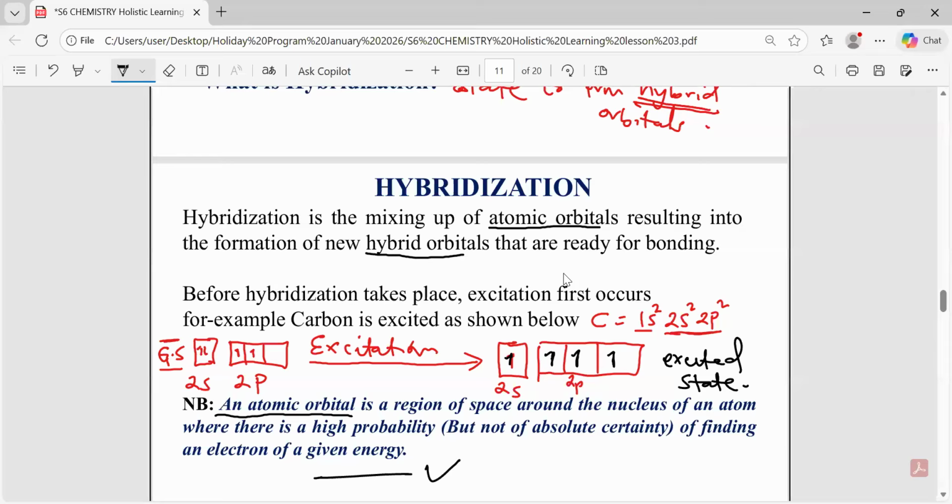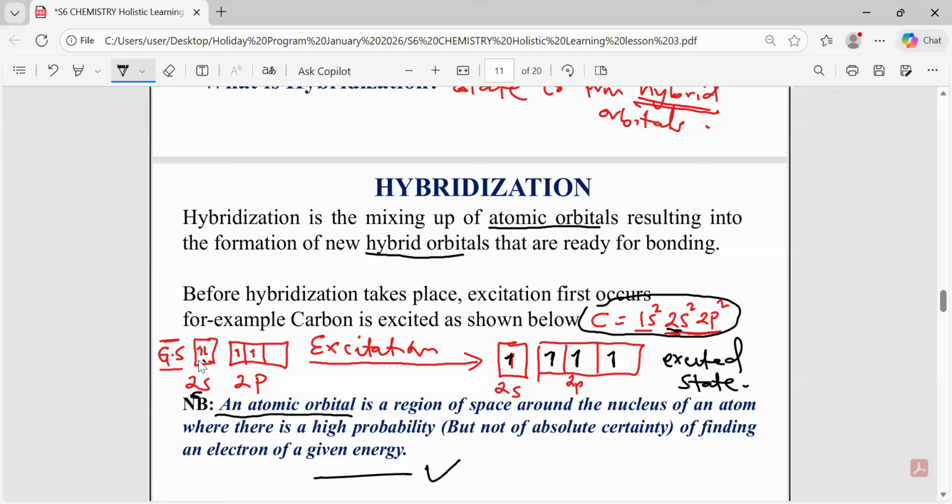What we mean by excitation, as you see on the screen, is that when heat is supplied to the carbon atom in its normal state, what we call the ground state, then one of the s electrons, if you remember the electronic configuration of carbon, it's written there. So one of the s electrons in the 2s orbital